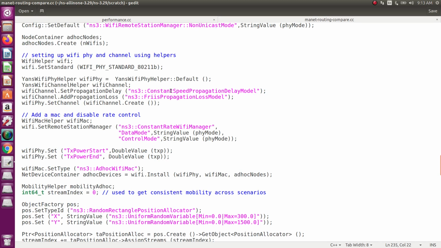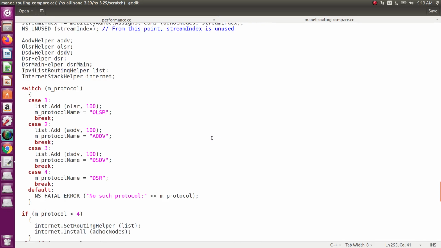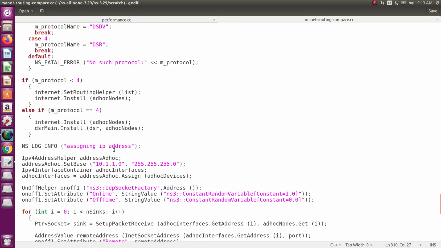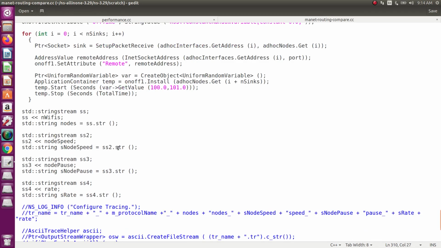Here we are using the constant speed propagation delay model as the delay model, then the Friis propagation loss model. Then 4 protocols: 1 is for OLSR, 2 is for AODV, 3 for DSDV, 4 for DSR. So these are the 4 protocols we are using in this program.